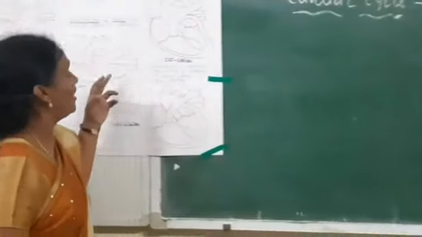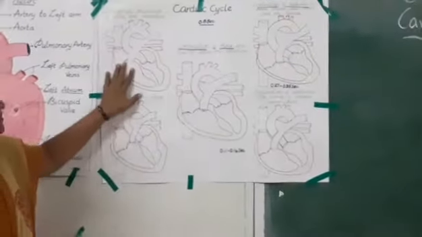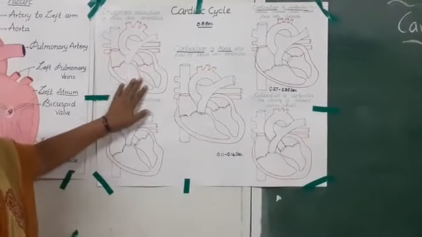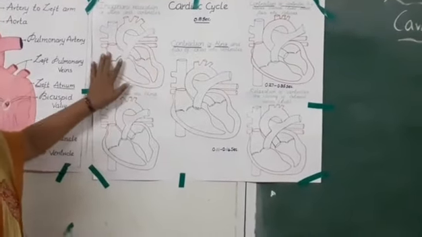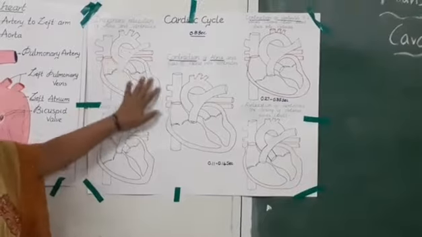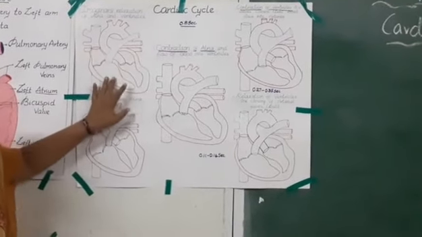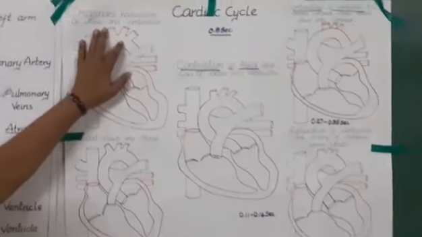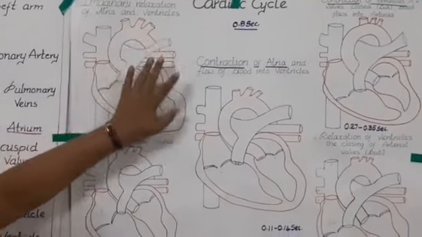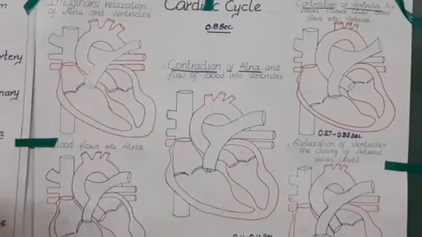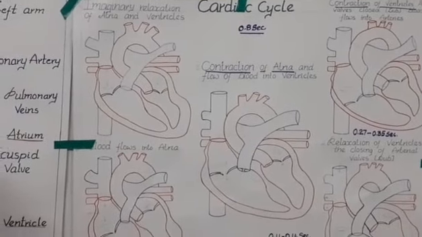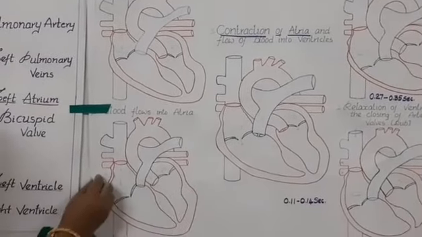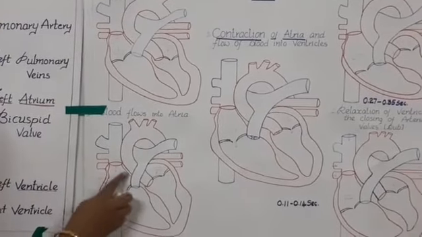So here, first, the heart is at the relaxed stage. Before the 25th day, when we observe the heart, all the chambers of the heart are in the relaxed state. The auricles are relaxed and the ventricles are relaxed. So that is relaxation of atria, that is nothing but the auricles, and ventricles, the first stage in the cardiac cycle. And now, as the cardiac cycle starts, from the superior and inferior vena cava, the blood flows into the right auricle.